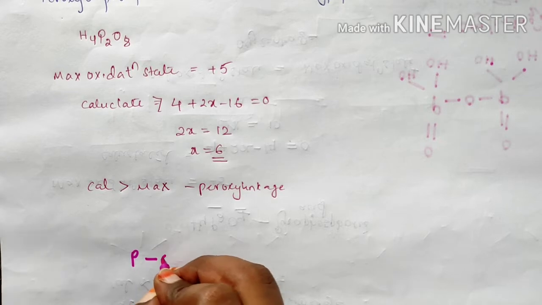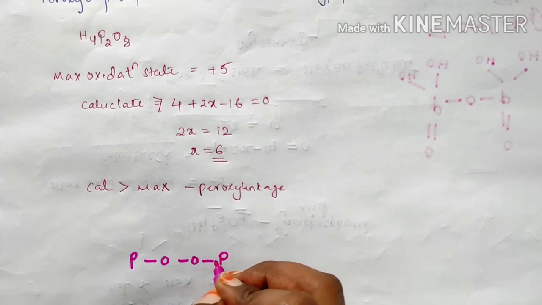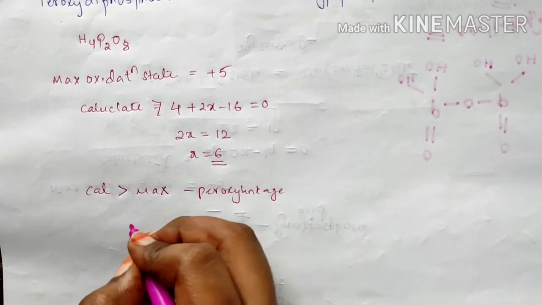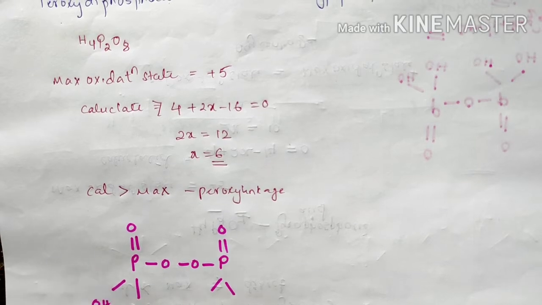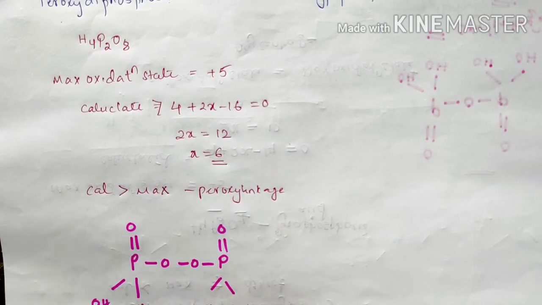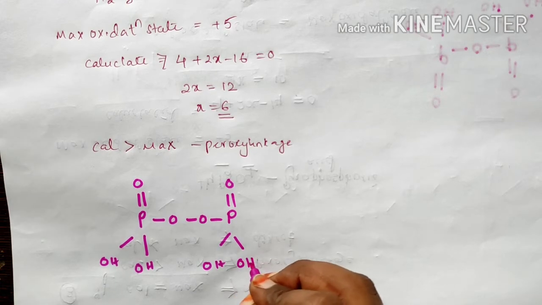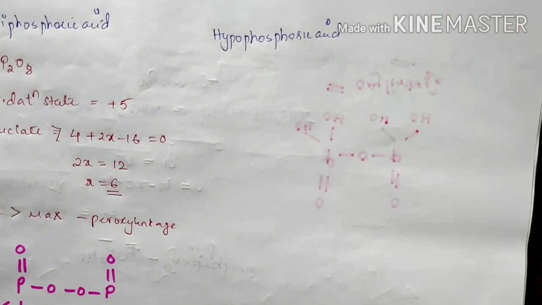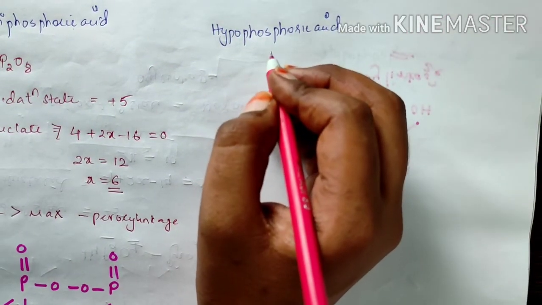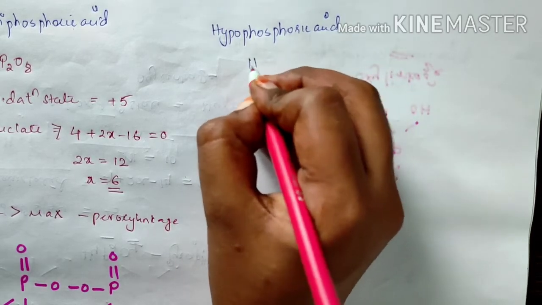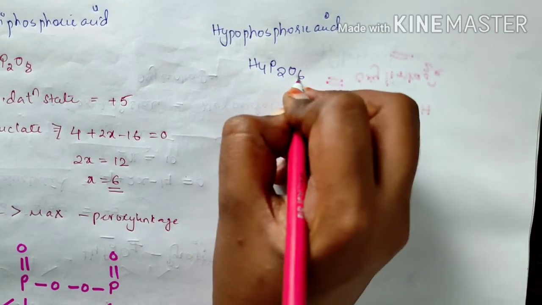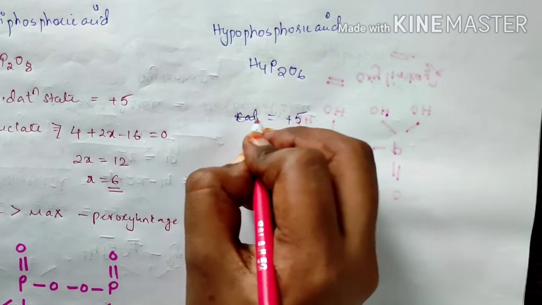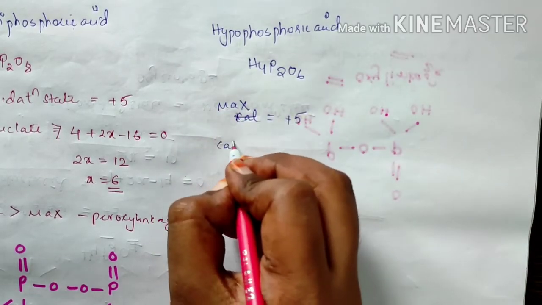These two phosphorus are connected by two oxygens, means peroxy linkage, and the framework will be OH and OH. This will be the peroxy linkage. And let us look for hypophosphoric acid. The formula for hypophosphoric acid is H4P2O6. Now here the maximum is always +5 for phosphorus, and the calculated will be